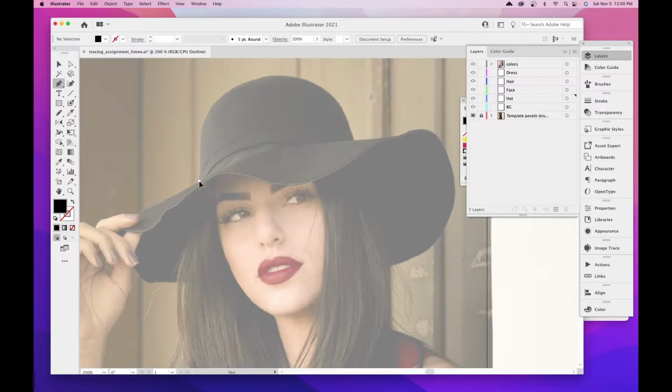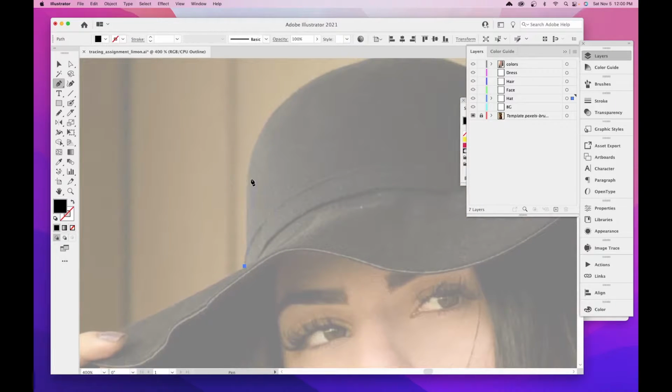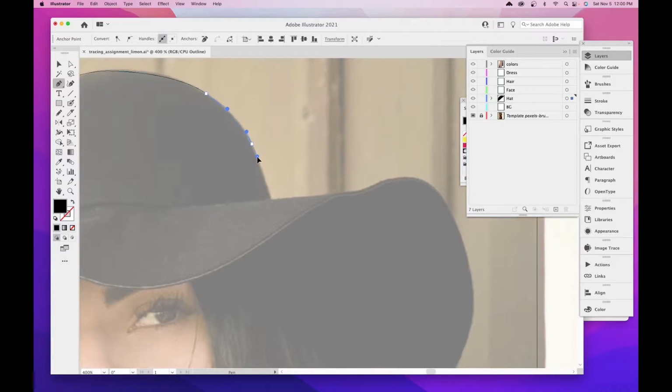I'm going to start at this point here. Zoom in a little bit and just click and drag. By now we should have had some practice with the pen tool. So we could click and drag here. Now this doesn't have to be perfect. This could be